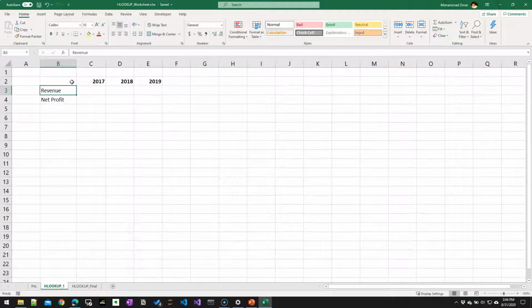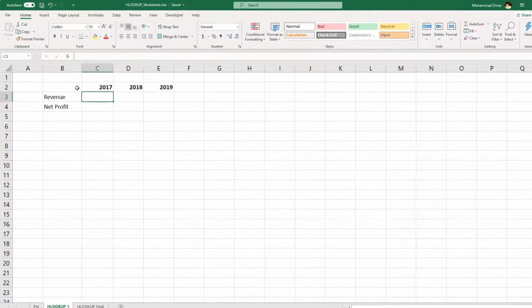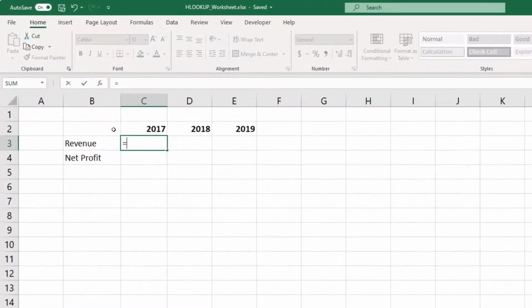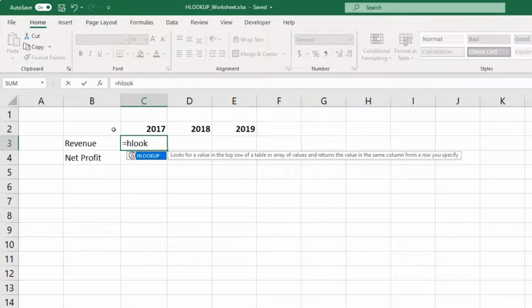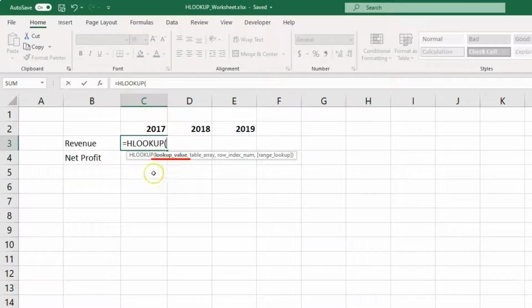Going back to my HLOOKUP sheet, I will use the HLOOKUP formula here. So press the equals key, HLOOKUP. I have the formula. The first argument in this formula is the lookup value. The lookup value is the value you want to find in your data set. So I want to find